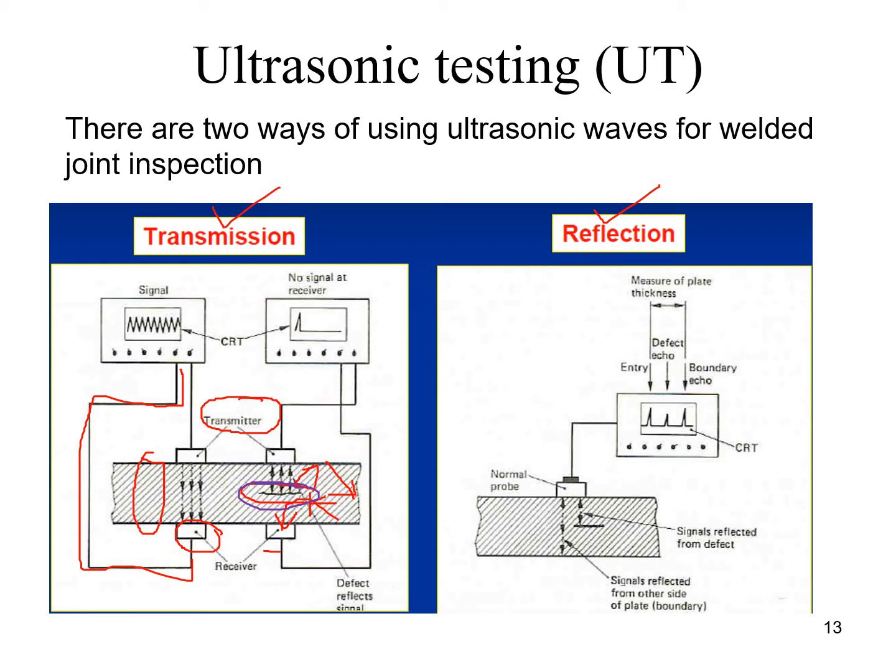In case of reflection, it's the same system. You have here a probe. You send the signal. The signal is reflected back. You don't need a separate receiver. But the signal is reflected from the defect. They are reflected quicker. So the time shift will also be quicker here, and you easily record the defect echo.